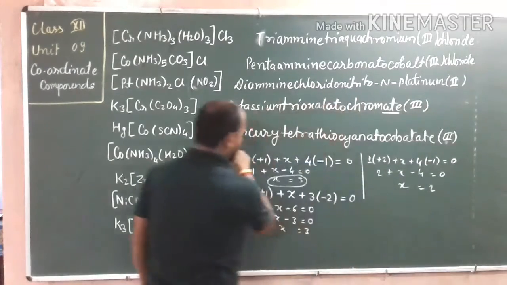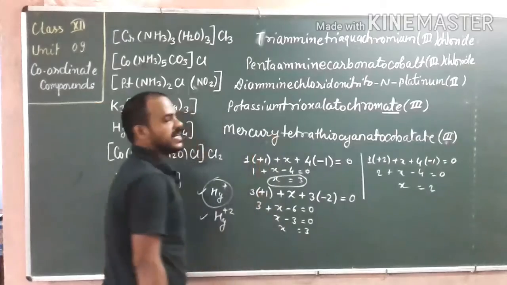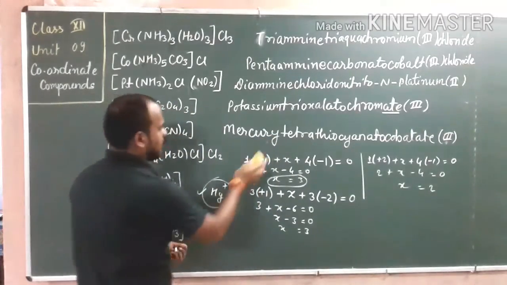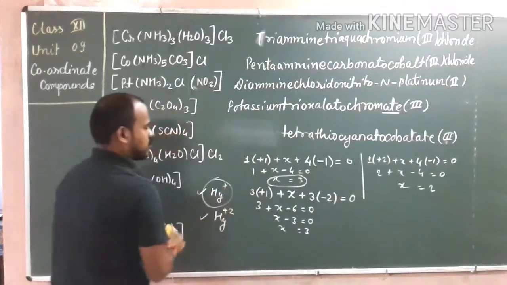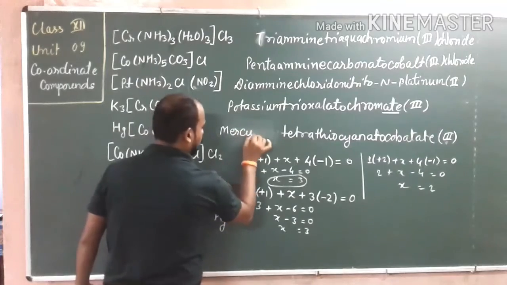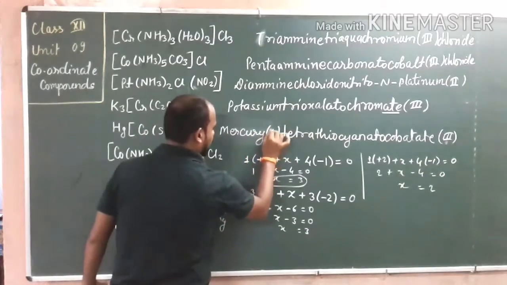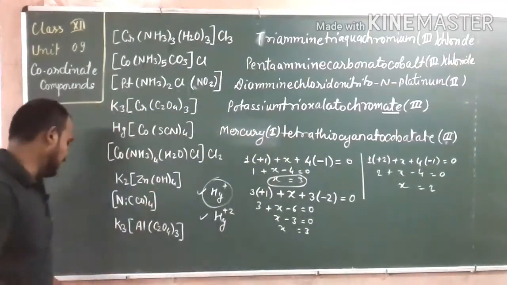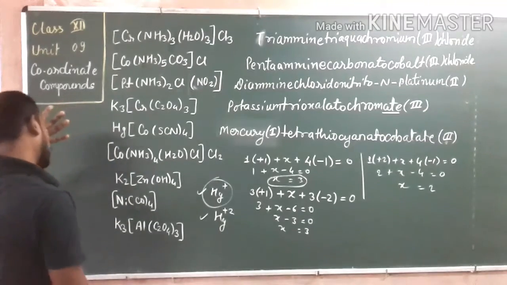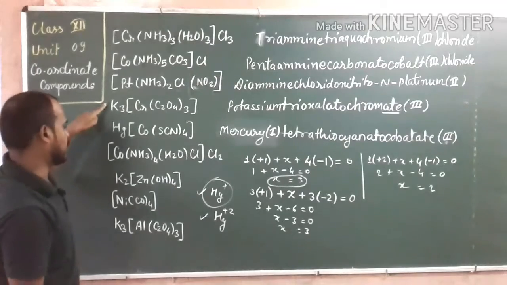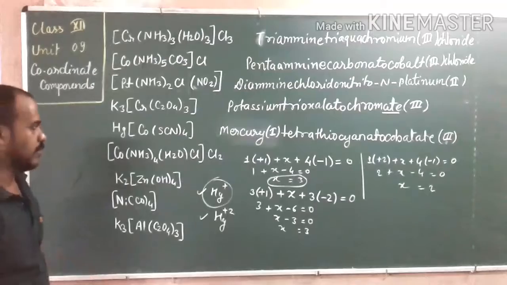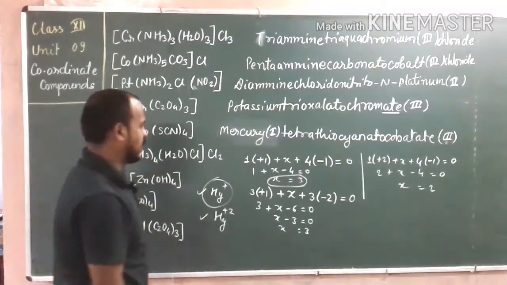That's why after the name of mercury, we will write first. How? Here we just change the name: it's not mercury now, it will become mercury first. Only mercury has this problem. Why does mercury have a problem? Because it has two types of valency, +1 or +2. Potassium has a fixed valency, that's why no problem, but mercury has variable valency. So that's why it is mercury first.